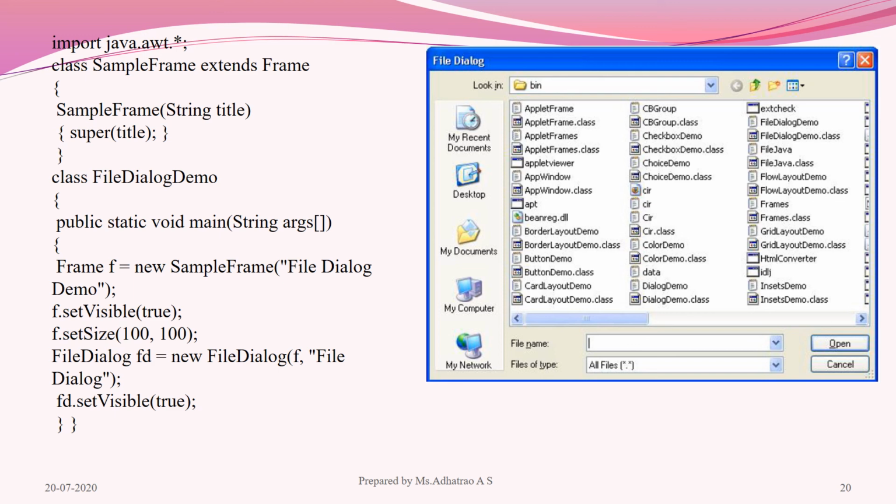So after we run the program, this is the output. So one type of file dialog is open. So this is the example of FileDialog.